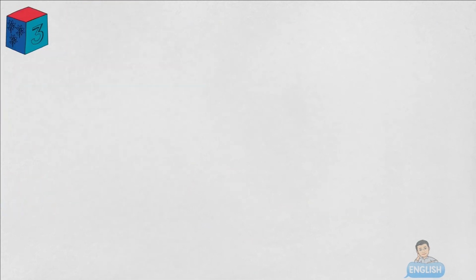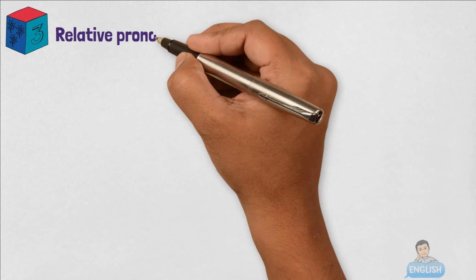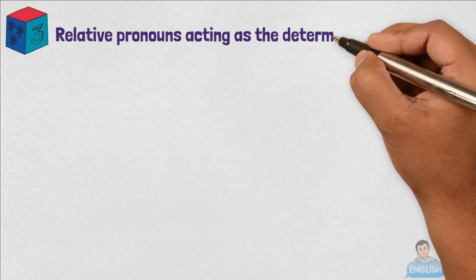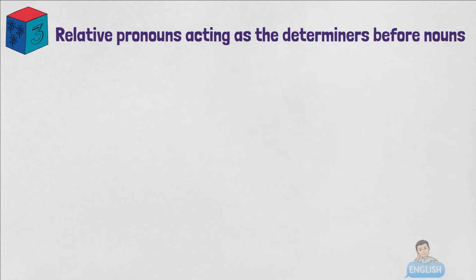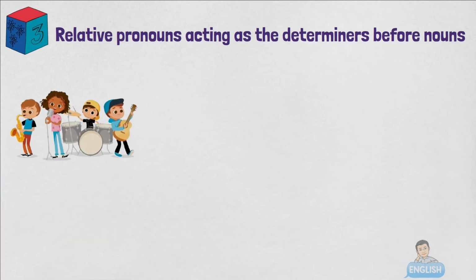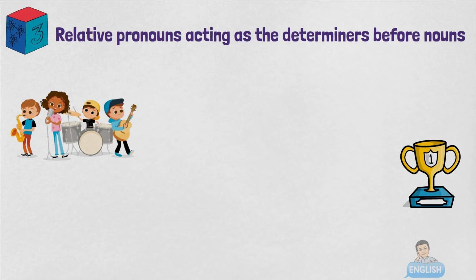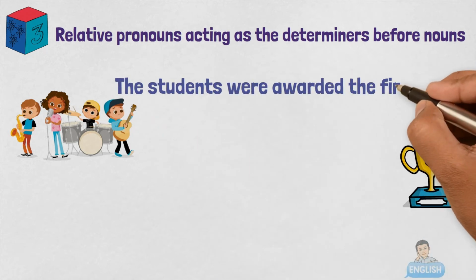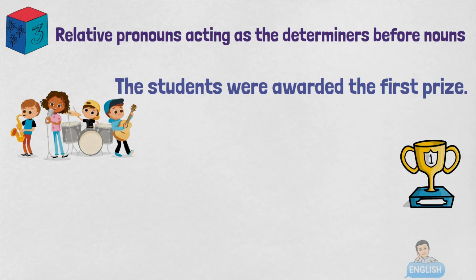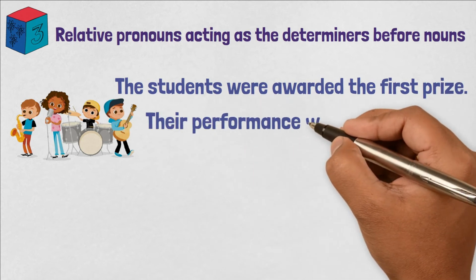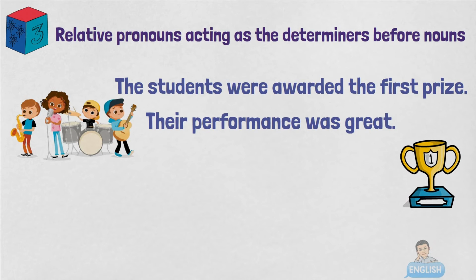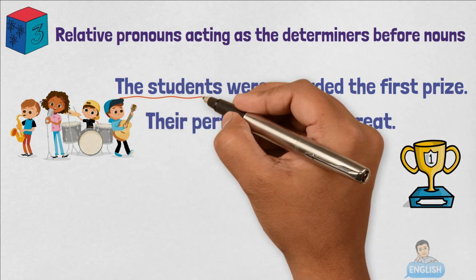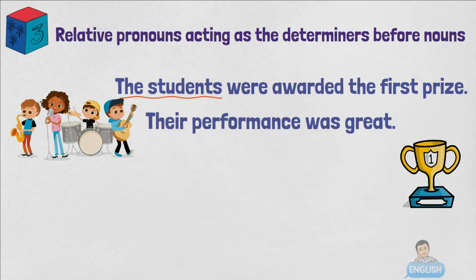3. Relative pronouns acting as the determiners before nouns. Let's study the two following sentences. The students were awarded the first prize. Their performance was great. As in the examples above, we'll use the second one as a relative clause to modify